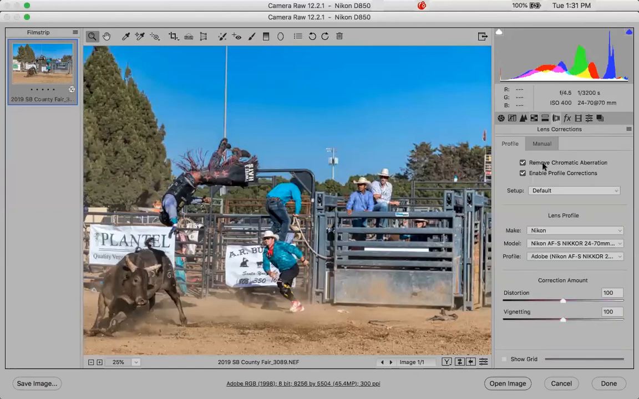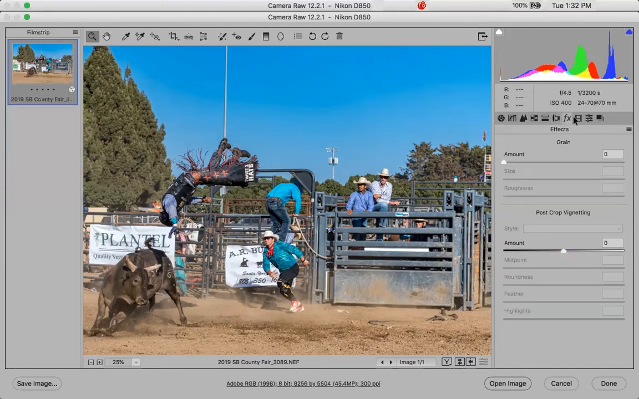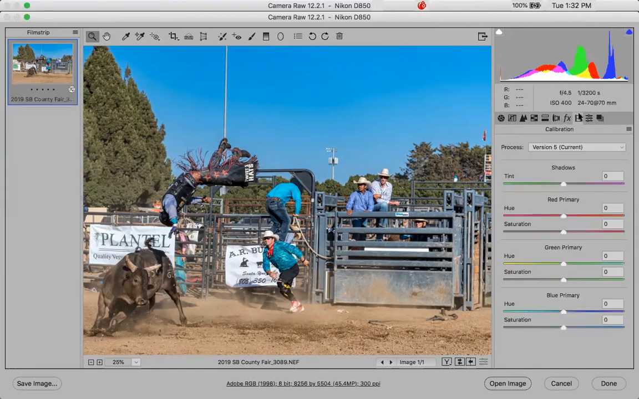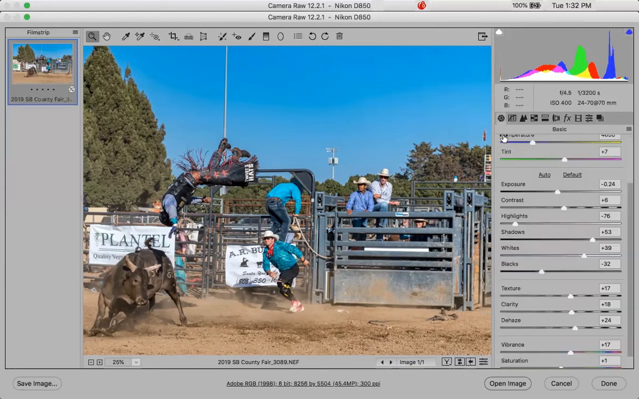We got the remove chromatic aberration and enable profiles. And let's go ahead and do a couple of things really quick. Number one,